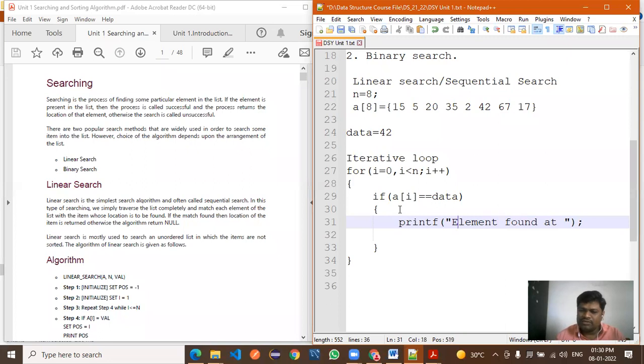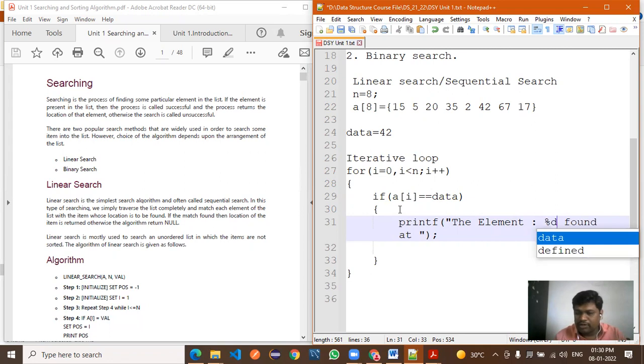You can write like this also. Here you can write the element like this, colon, %d, whatever the 42, found at location,